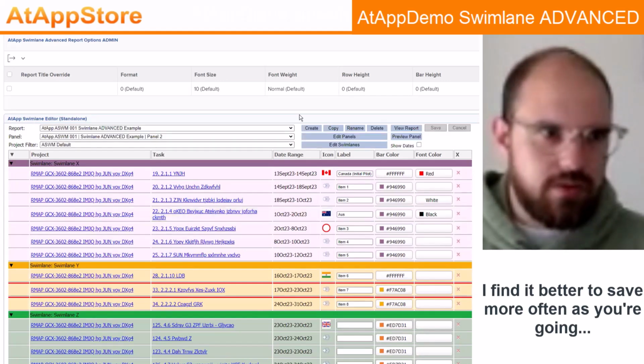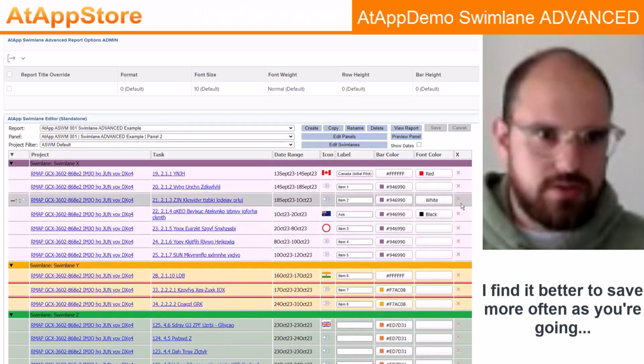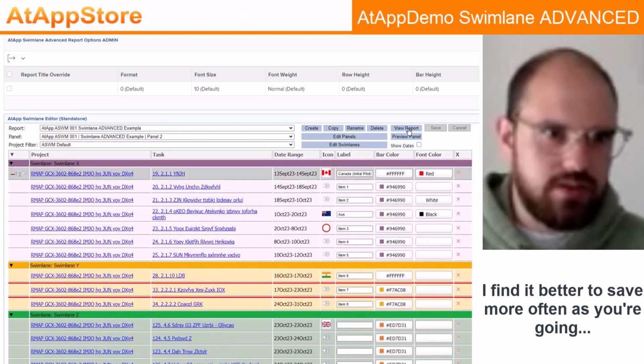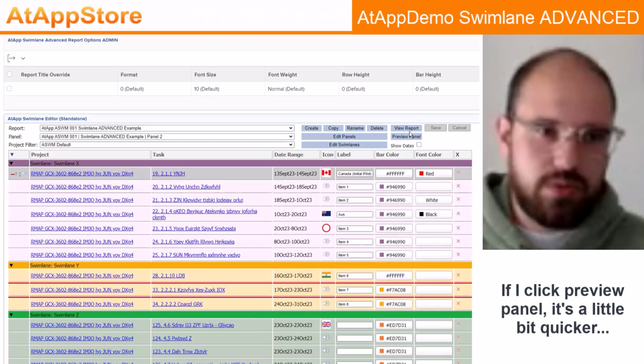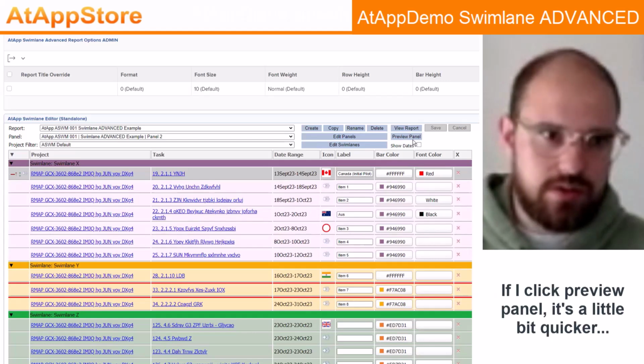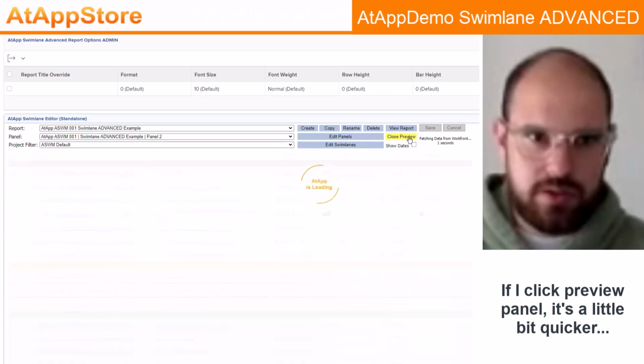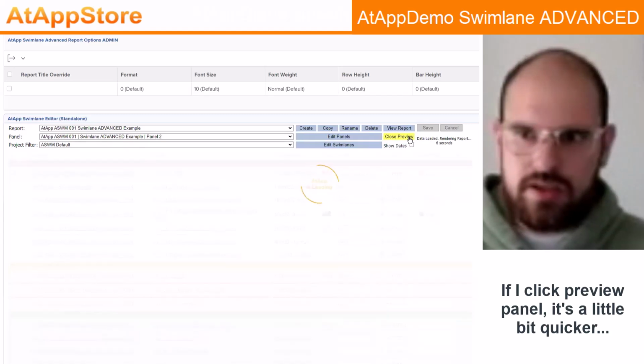It takes a second to reload. You get that nice little gray window, but now the save and cancel buttons are grayed out. There's no green dots, so this change was made, this task was added. And now if I hit view report, it will load the whole report, both of those panels we looked at earlier. Or if I click preview panel, it's a little bit quicker. It just loads this one panel that we're working in,